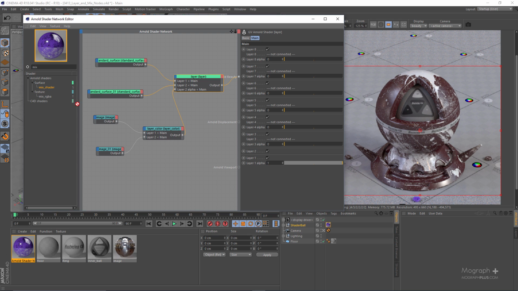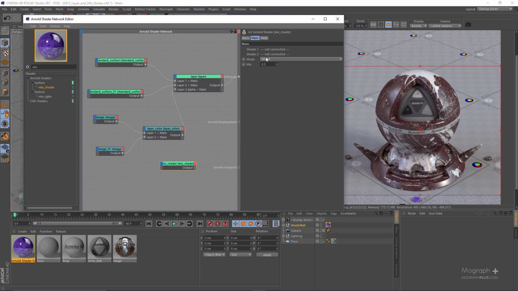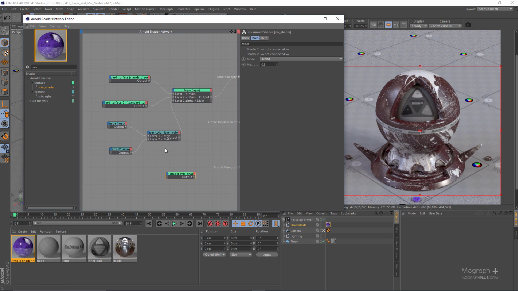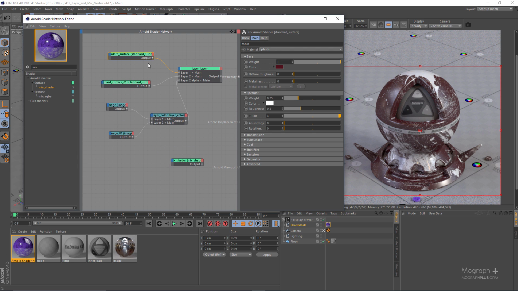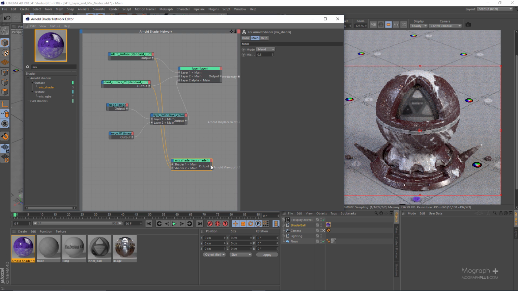So if I just use a mix shader here, let me just drag the mix shader to the work area. Now as you can see, it allows us to connect two different shaders. For example, if I connect the, let me just create some space here. So if I connect the first standard surface shader to my shader 1 and connect the second one to shader 2, and if I connect the output to the Arnold Beauty,